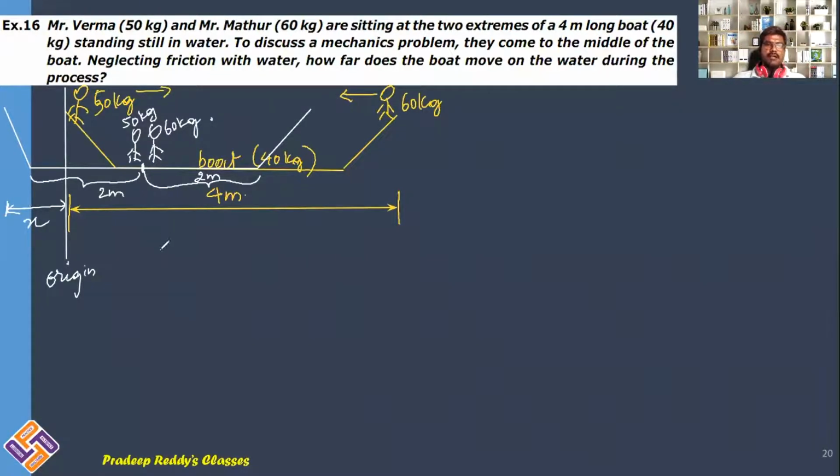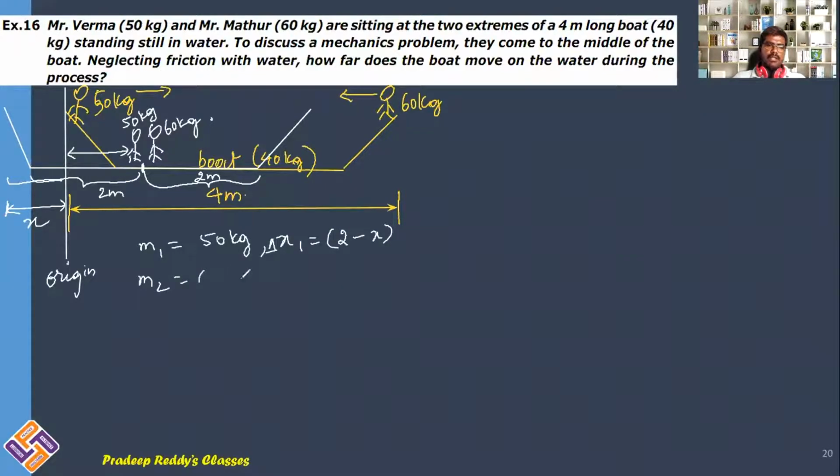Now I'll consider m1, which is equal to 50 kg, and x1, that means the displacement of the first person with respect to origin, is delta x1. Delta x1 is this total length from here to here. So the person, from where he initially is at the origin, comes in the forward direction such that it is 2 minus x. So delta x1 will be equal to 2 minus x, because the boat is going leftward in the x direction. So the person is moving in the forward direction, which is 2 minus x, that is delta x1, 50 kg mass going forward.